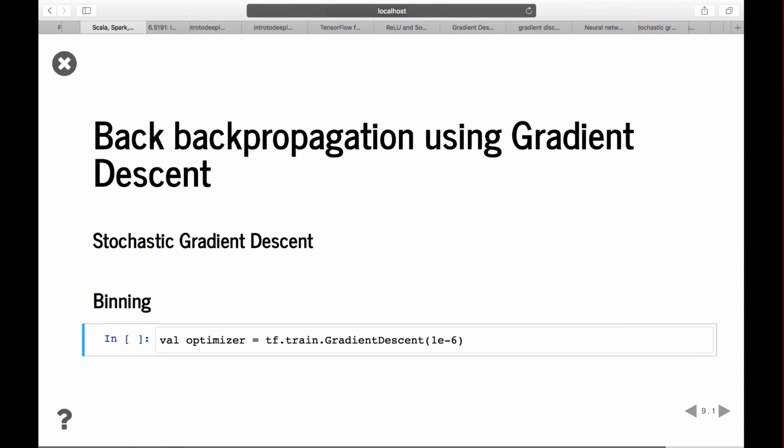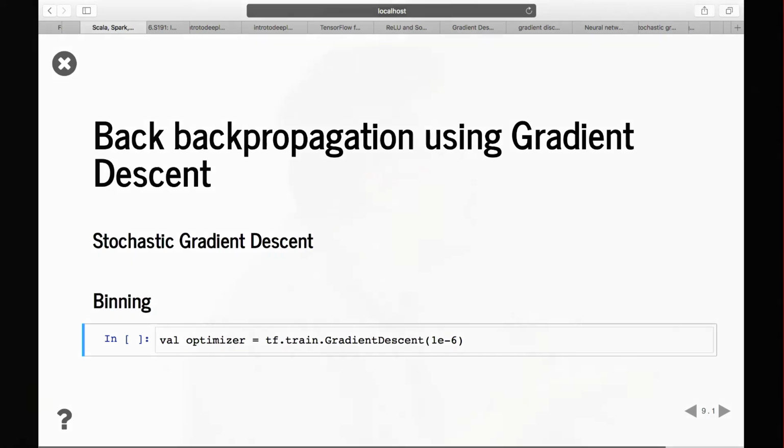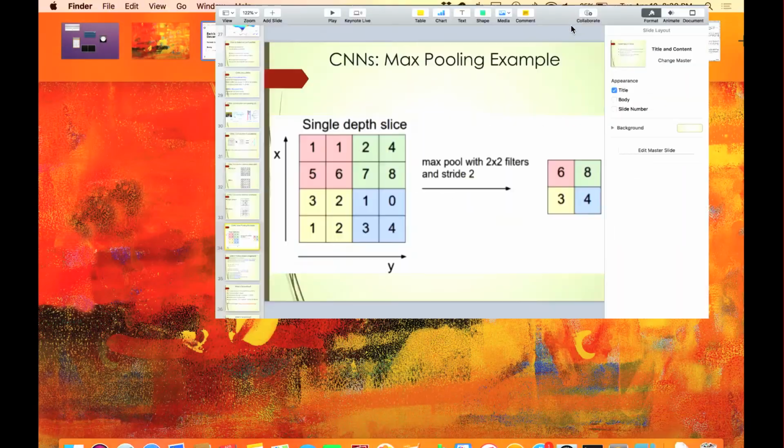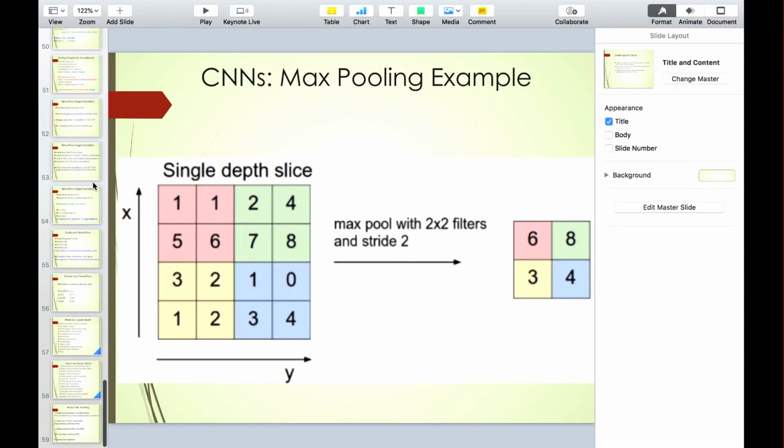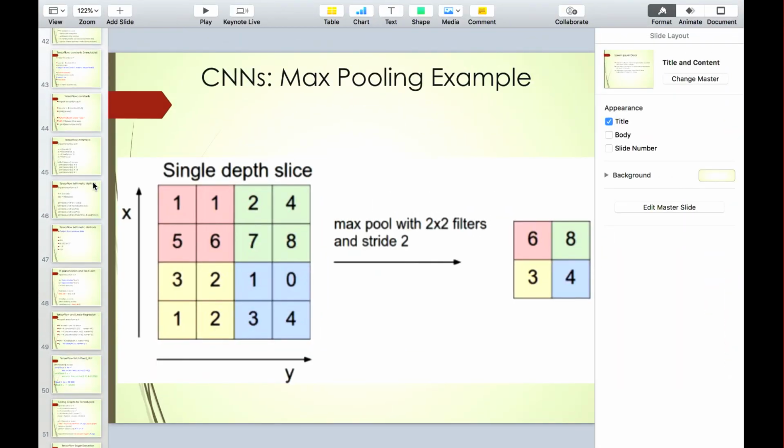Again, this is something that was touched on, but gradient descent for backpropagation. There are multiple techniques right now. Standard gradient descent is okay. You can play around with decay rates if need be. Stochastic gradient descent is pretty good, but one other feature they've added is called stochastic gradient descent